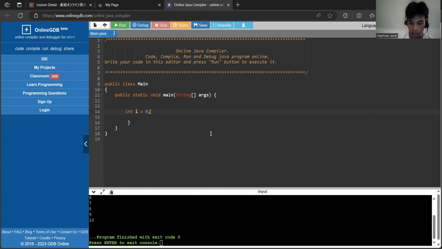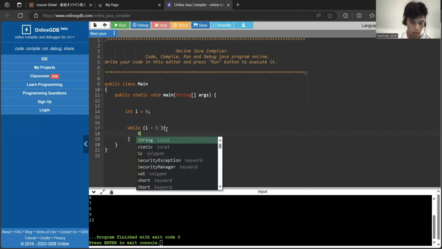So let's put 0 here, and then while I, you can copy it from this one. Then you can create any condition here, but I used less than 5. And then curly braces, enter,